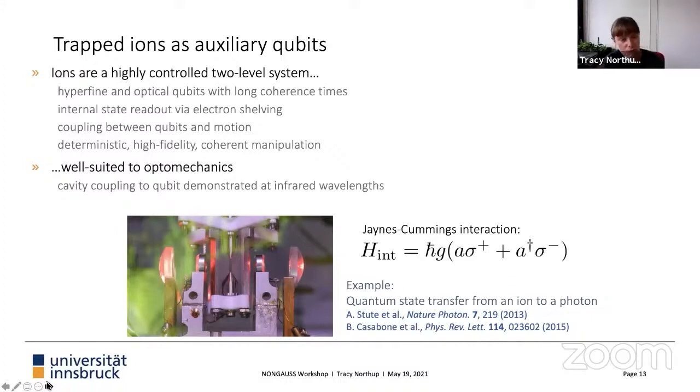So this is a photograph of a system that we've been using for several years for experiments with ions and light and single quanta. What you see in the middle is an ion trap, a linear Paul trap, and then there's an optical cavity that allows us to couple single photons to those ions. But we've actually just heard about cavities that are much smaller, that are based on optical fibers.